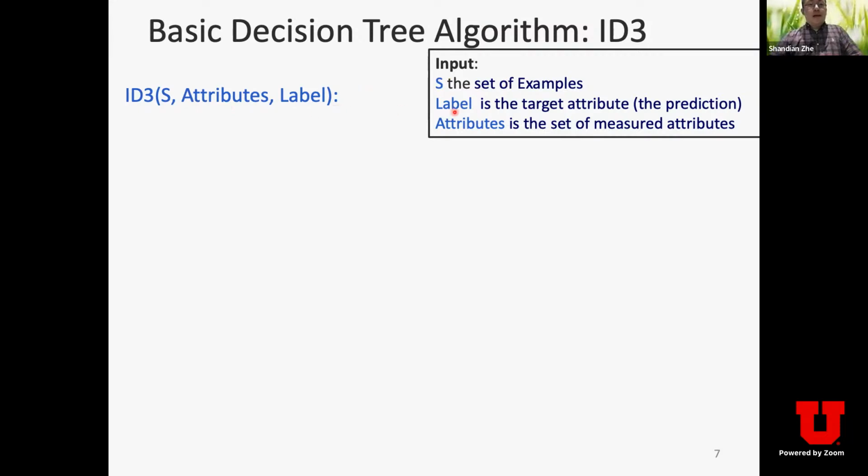And the label is the target attributes, namely the labels or predictions associated with each example in S. Then the attributes is the set of attributes which we're gonna use or select to split the data in S. Okay. So you can imagine we just use one call, like ID3, the whole data set, the whole attribute list,